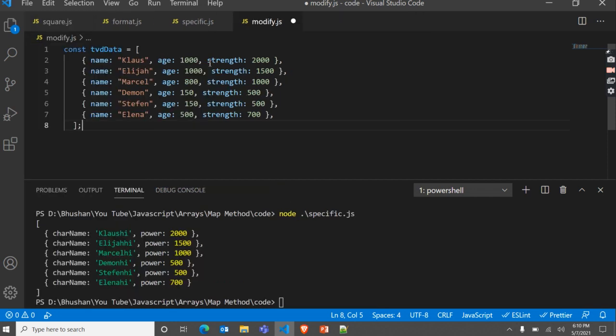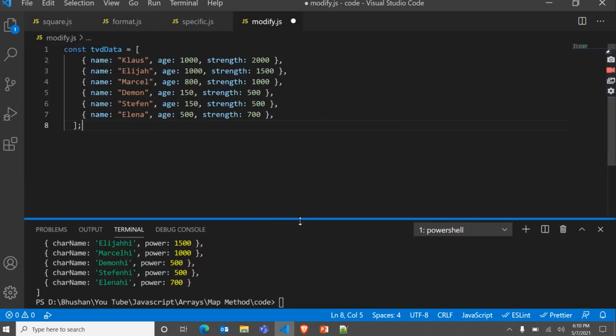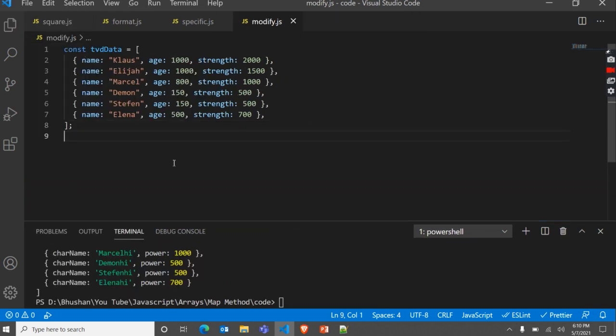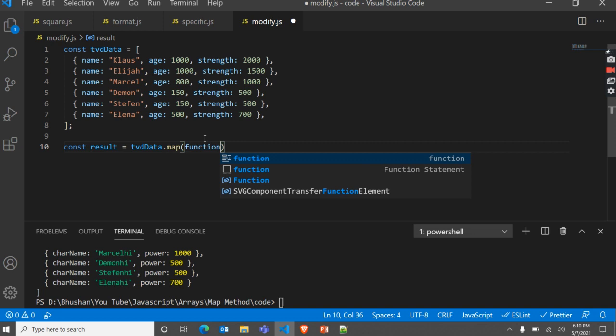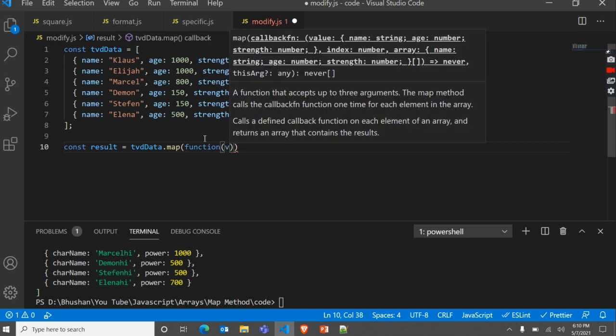Let me minimize this using Ctrl B. We want to modify some values in this array, some records. So let me create a variable with the name result, and let's apply the map method on this data. We want a callback function and value.